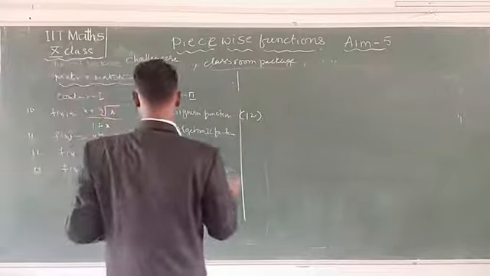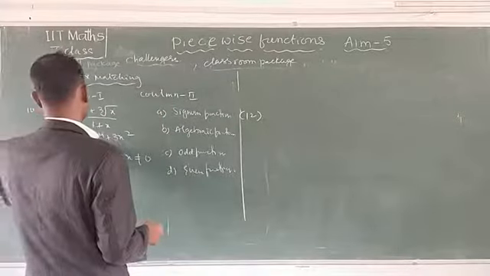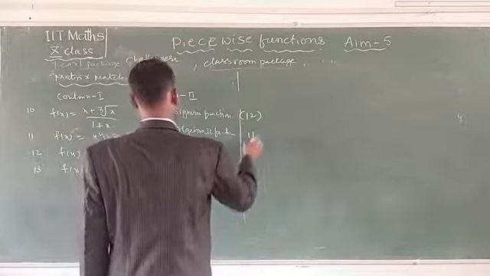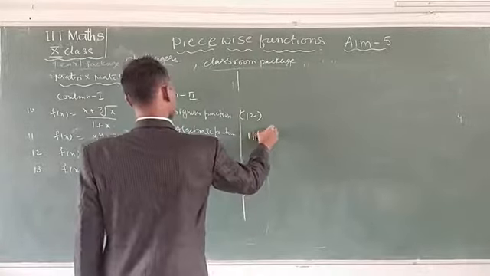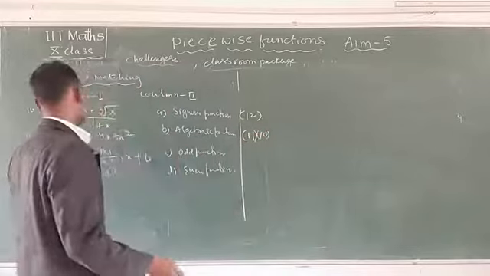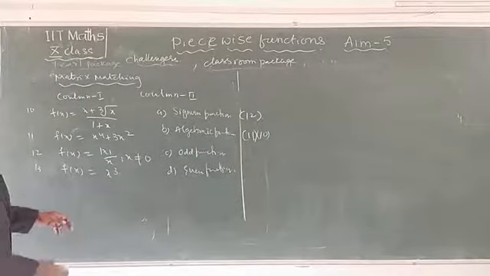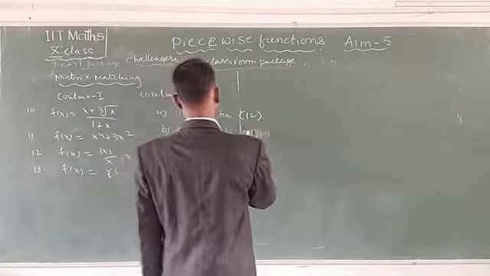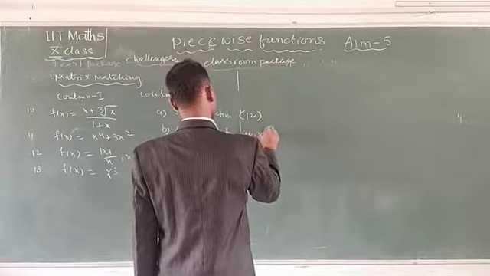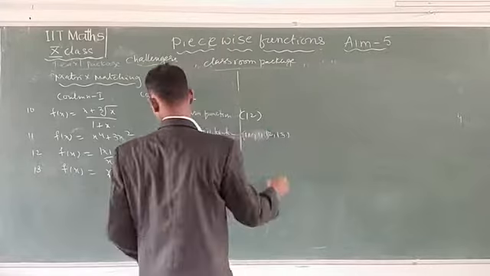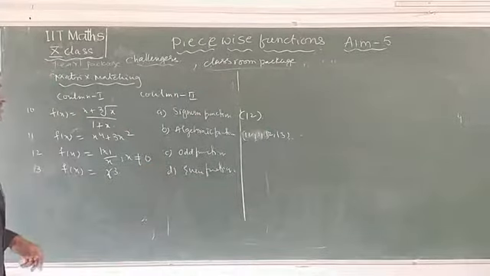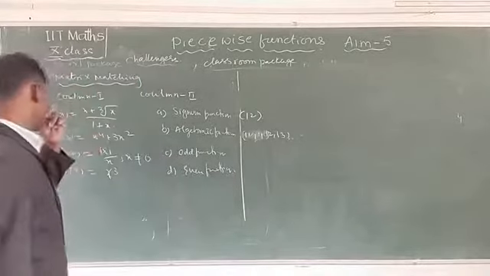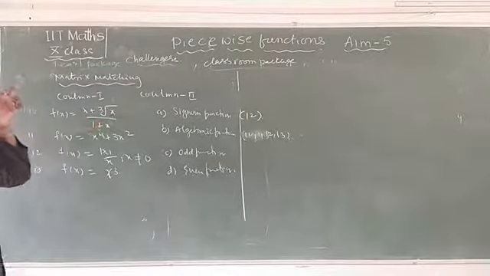Okay, now see here, algebraic function, this is the 11th one you can write here, 11th one and 10th one, algebraic functions. Okay, this is also algebraic functions, all are possible algebraic functions. Algebraic functions means here 10, 11 and 12, here 13, all are algebraic functions. Next, odd function. What is an odd function? f of x is equal to minus f of x. Here, see here, this is not possible. Under negative is not possible.